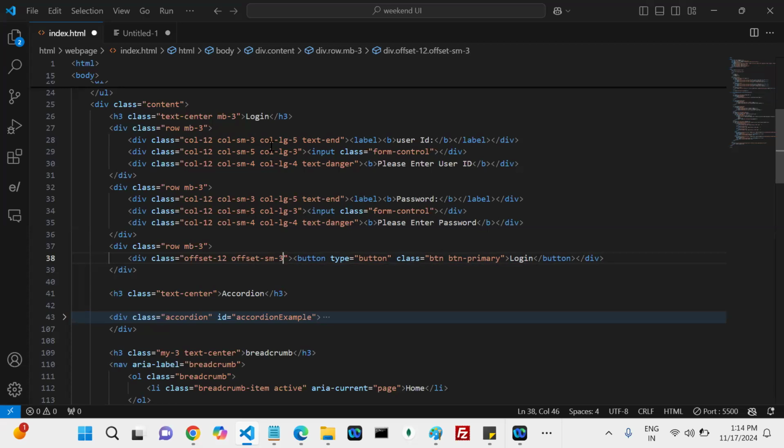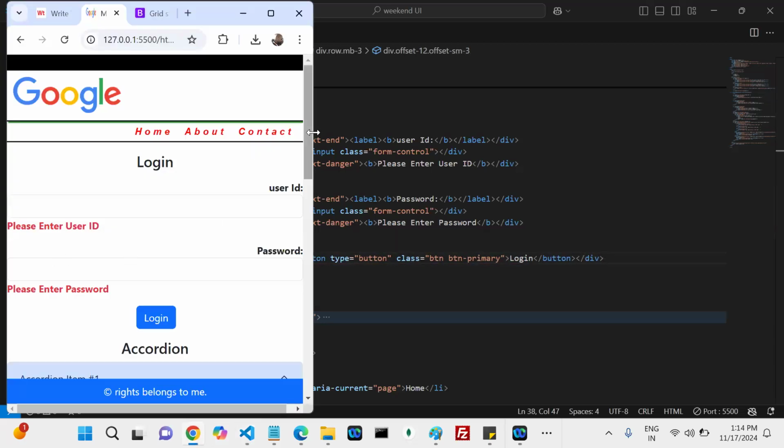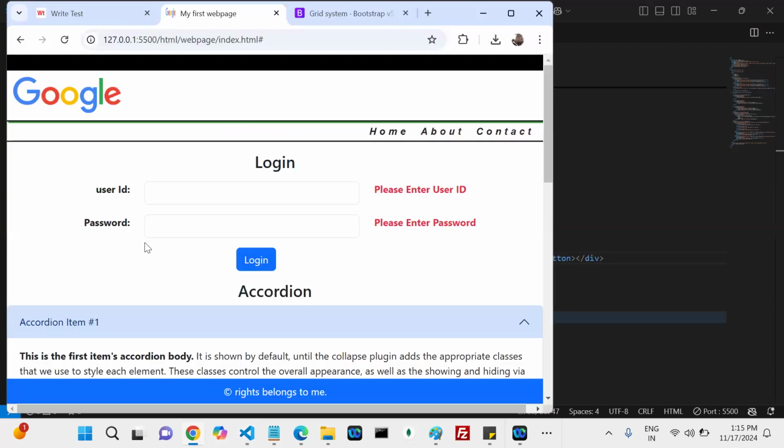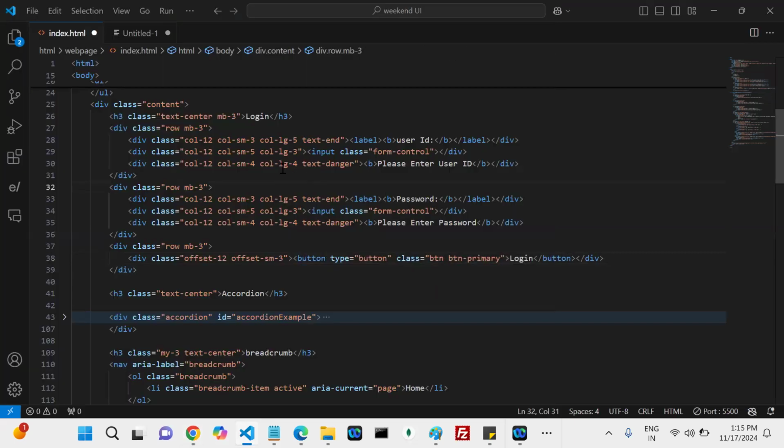The text box is visible. How many do you have to leave? Label, you have to leave it. Yes or no? See here, this is my label now. This is the label, right? Here the login button should be. That means you have to leave how many? 3, right? Next,